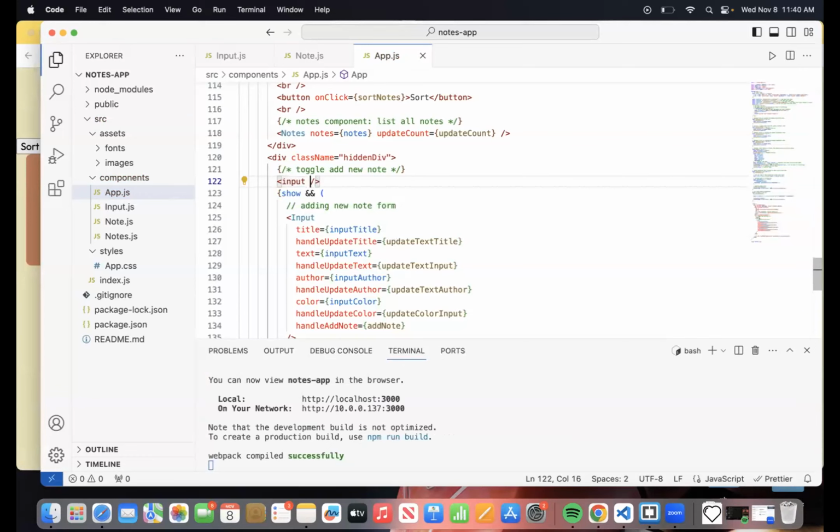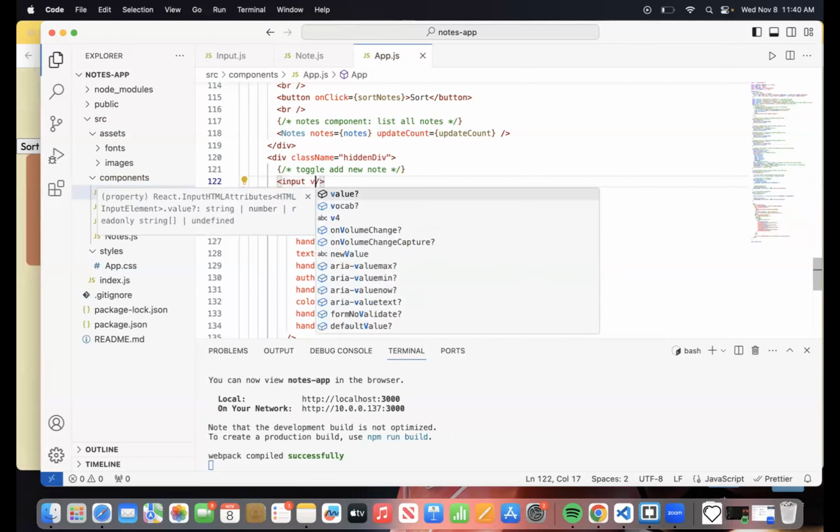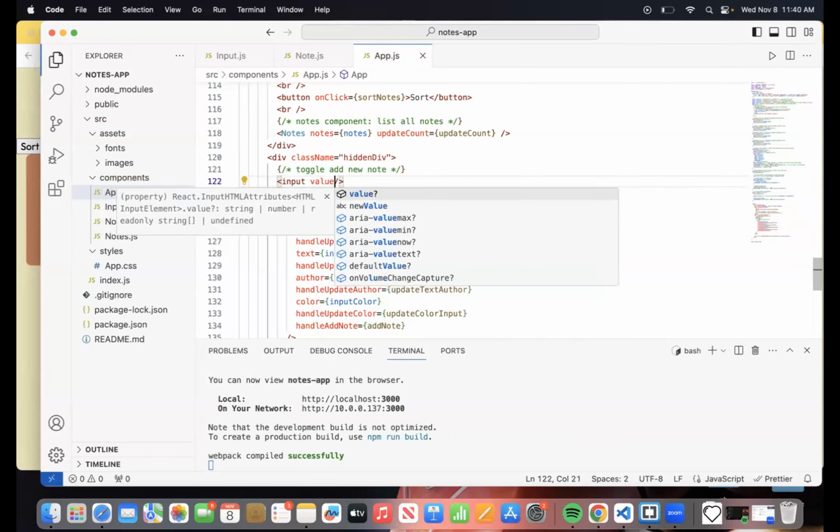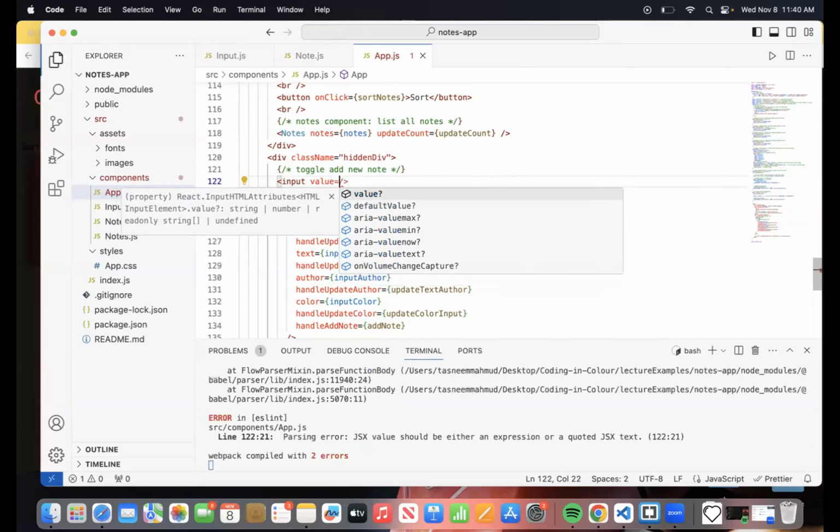Okay, so input's done. Let me set a value to this. For now, we don't have a value, so let me just put a placeholder sort of.